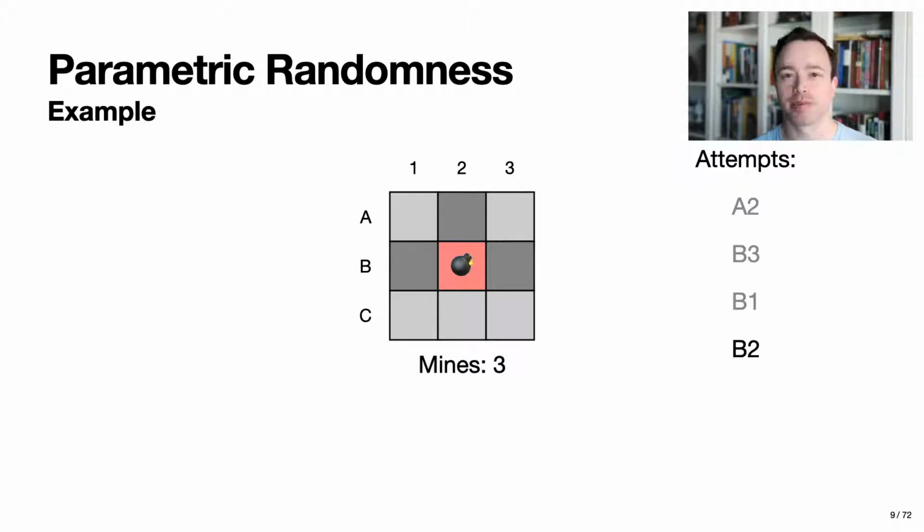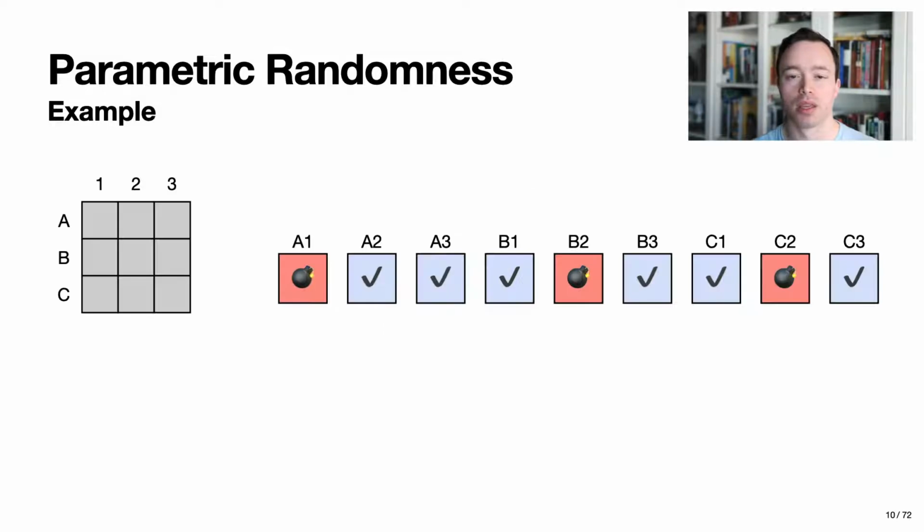Let's replay the game, but while looking at the game's decision tree at the same time. Here, we're looking at 2 things. On the left is the current state of the game, and then on the right we see all of the available options that the player could make right now. The 3 squares where mines are hidden are shown with red backgrounds and a bomb. We hope the player doesn't pick any of these. The valid options that will progress the game towards a win state are shown with blue backgrounds and a gray check. We're just replaying the earlier game, so we'll move forward to when the player has selected the first square,